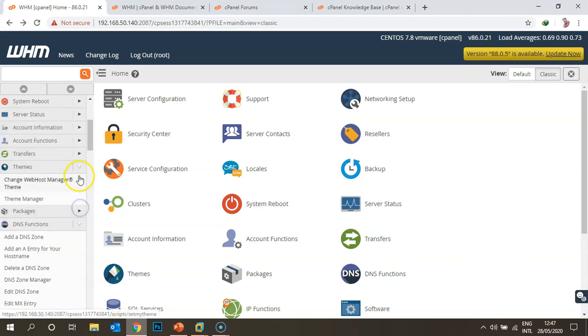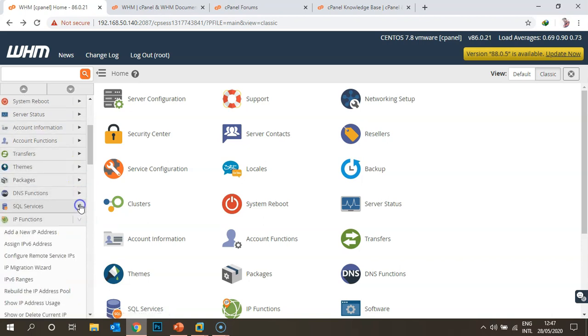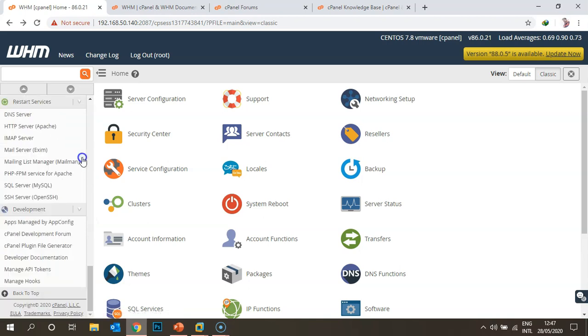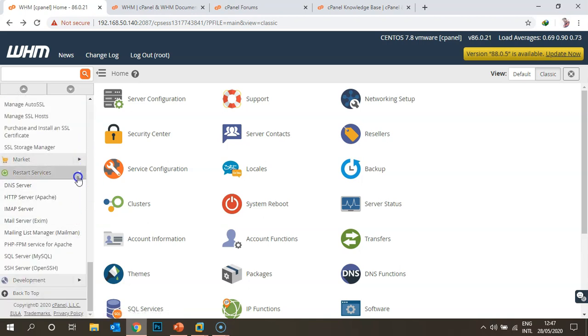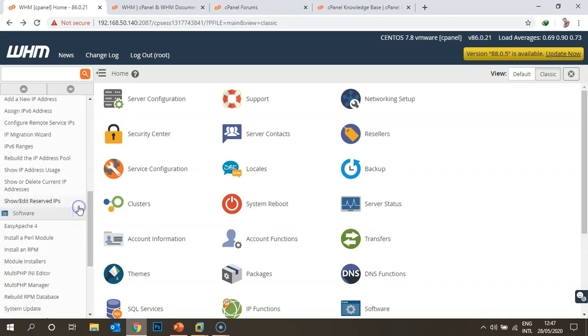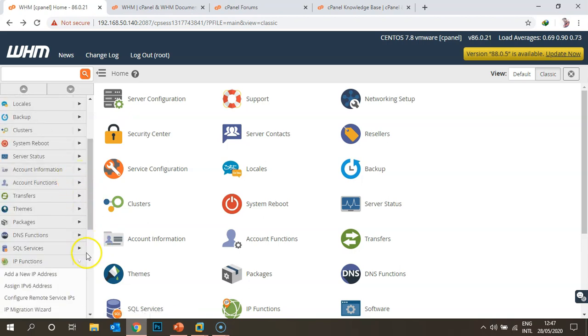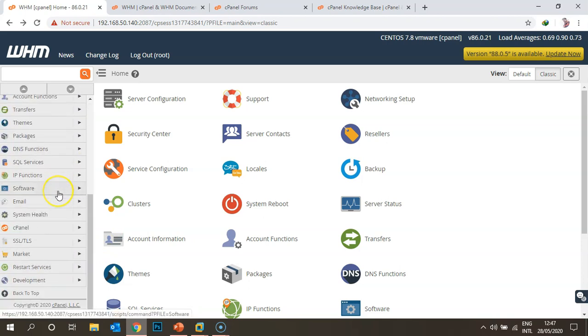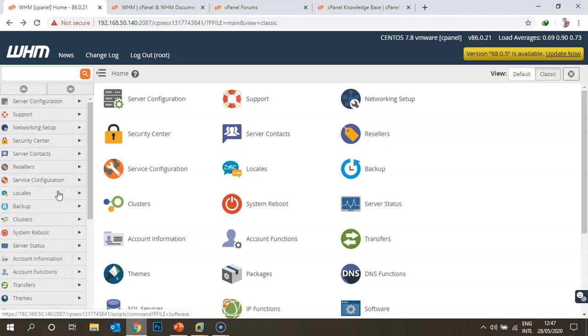So you can see there are a number of categories on the left. Number 1 is server configuration.